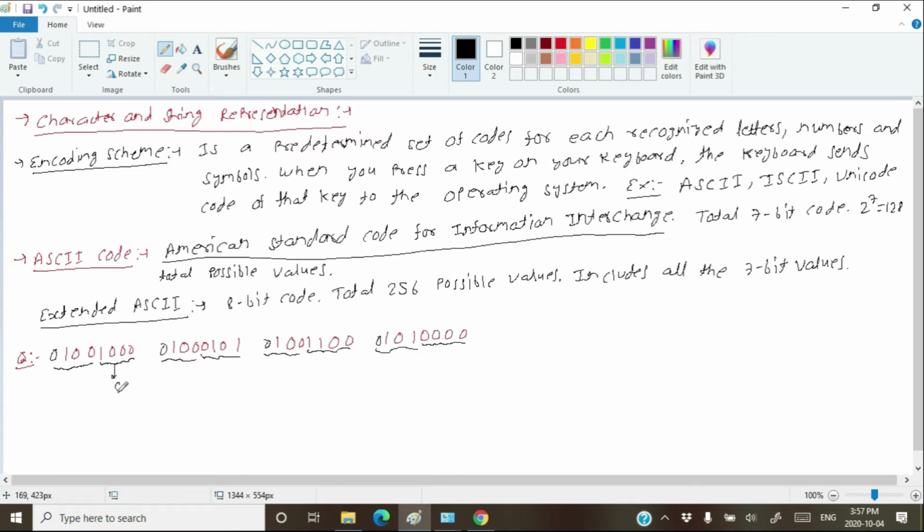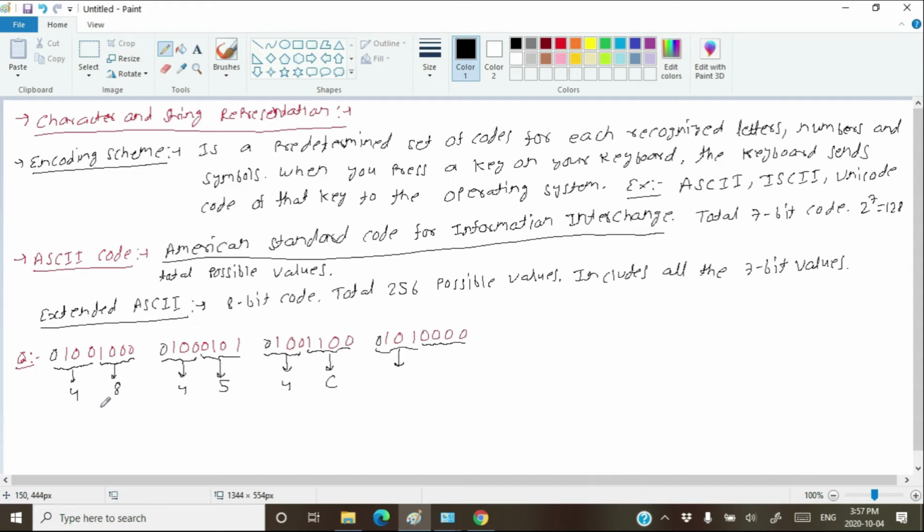This is 8, this is 4, this is 4, this is 5, this is 4, this is 12. 10, 11, 12 is A, B, C, so this is C.